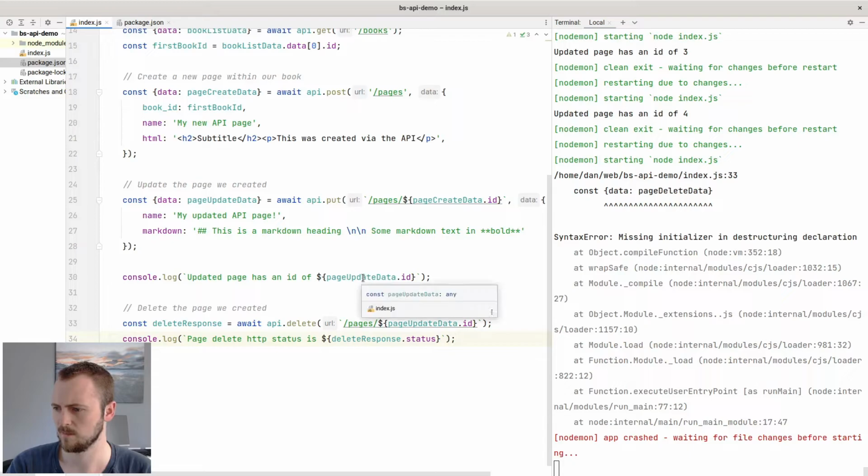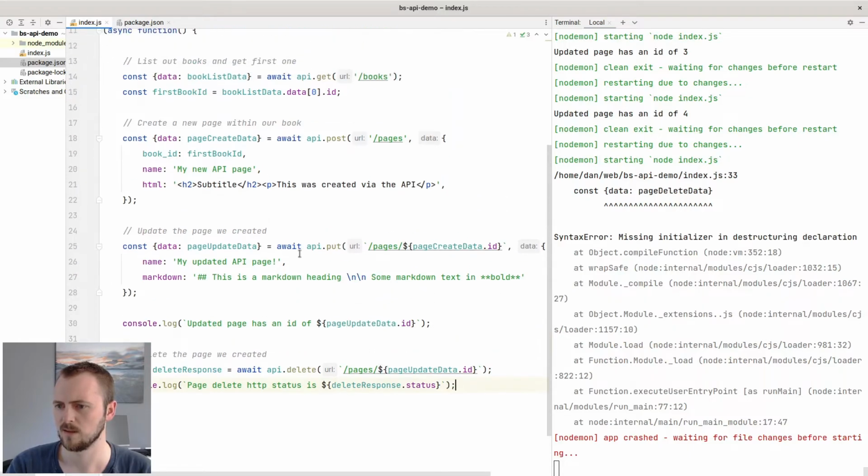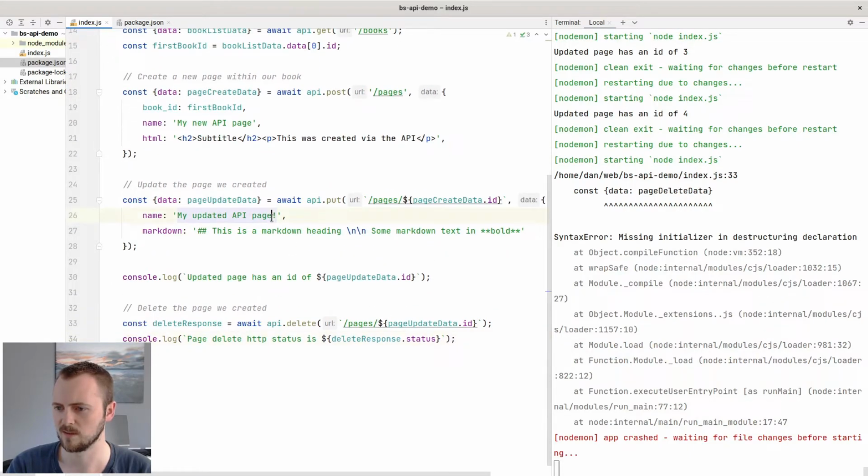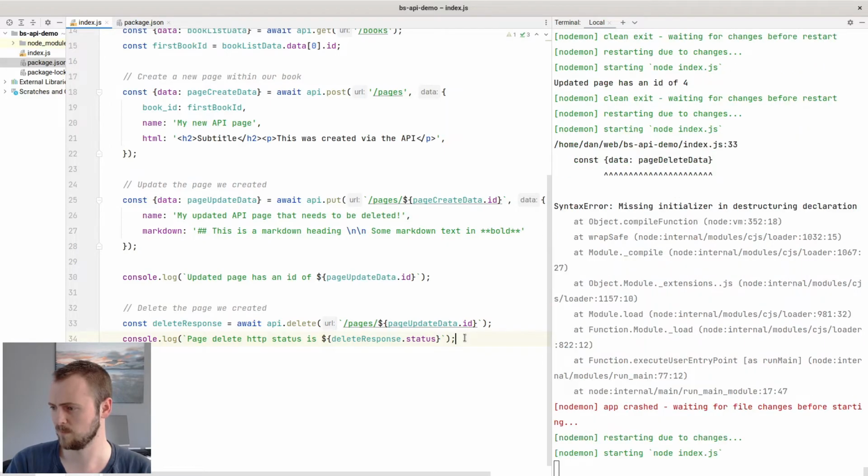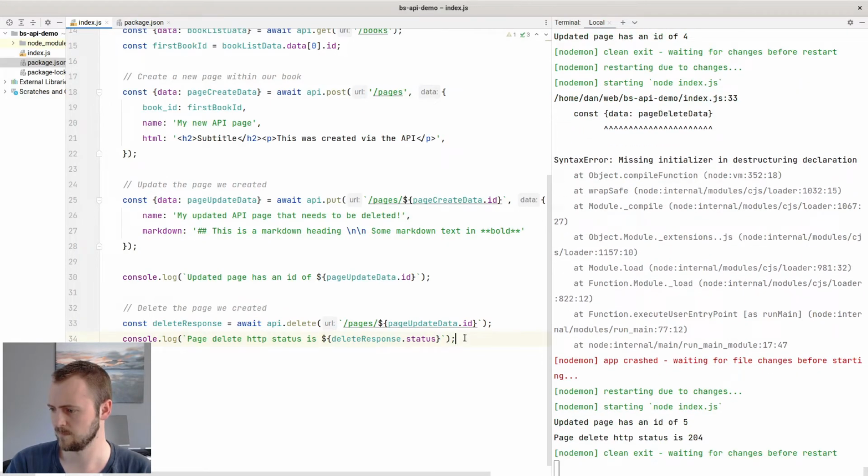Okie dokie. Then what we're going to do is just going to update, because we're not going to be able to find this in the system if it deletes fine. So we'll tweak this title that when we do the update step to my updated API page, that needs to be deleted. Just so we can try and look for it and make sure it doesn't exist in BookStack. If we hit save now,